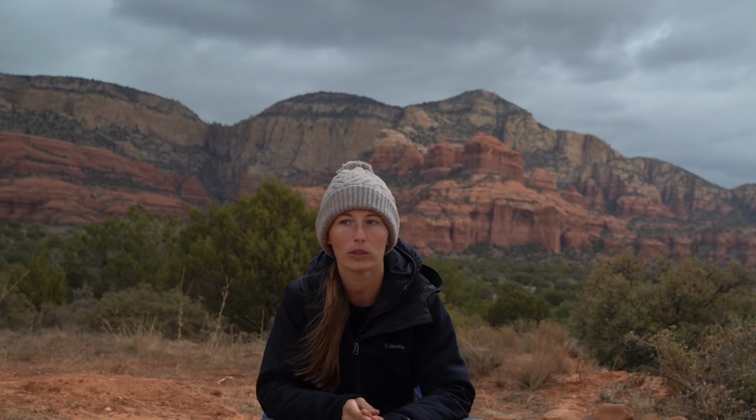So I've shown you most of the Hilo side, the eastern and northern side of the island. This, as you could see, was mostly green, luscious, rainforesty, and the beaches are more rocky and you're not really swimming. You can watch a lot of the waves come in, but you're not really doing a lot of swimming